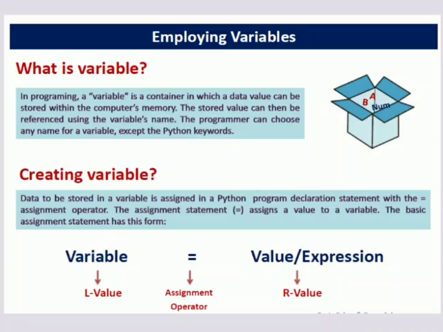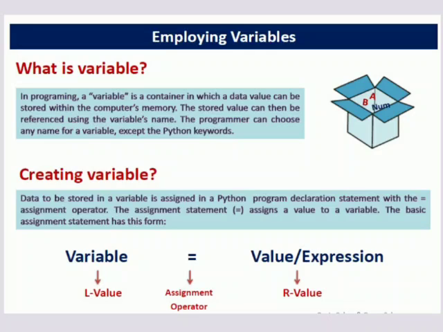For example, I have created a variable with the name num1. Now I can use a different name, num2, num3, but I cannot have two variables with the same name. For example, in a class you have students. There can be two students with the same name, but how do we identify them uniquely? With the help of roll number. So here also in programming, all the variables have different names.